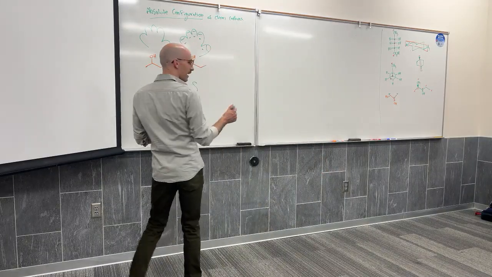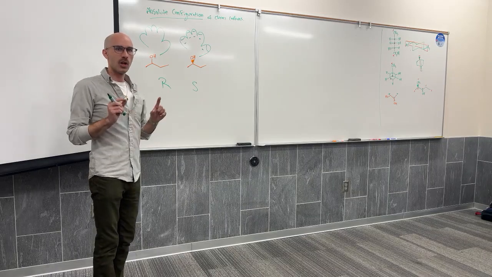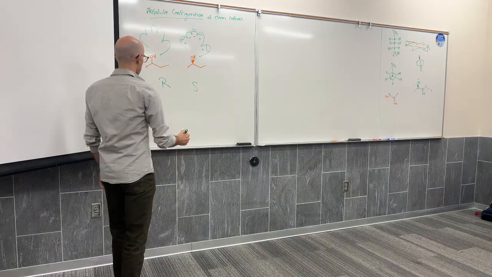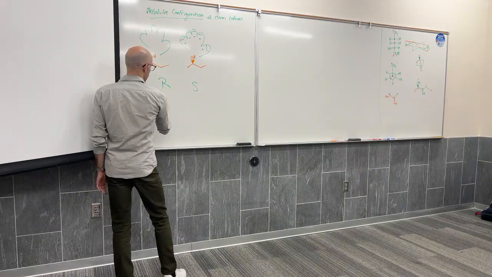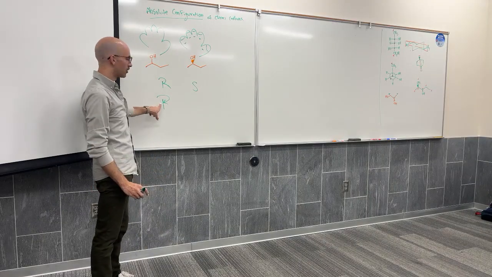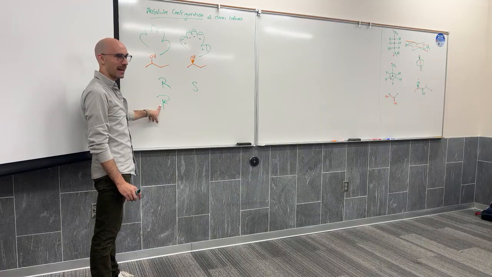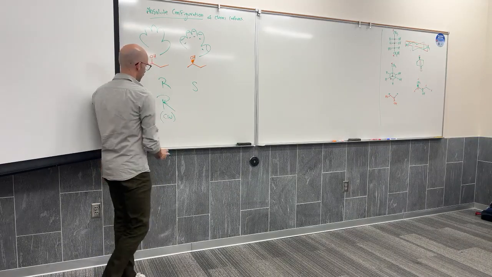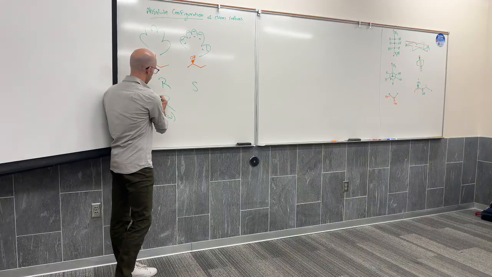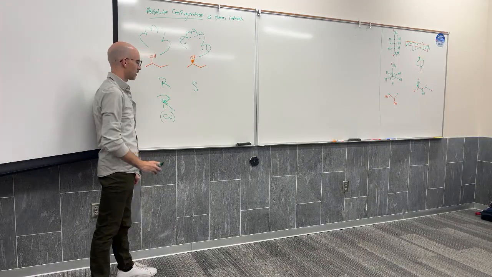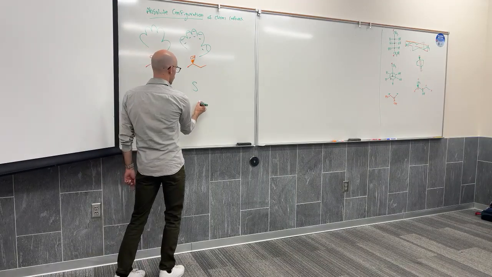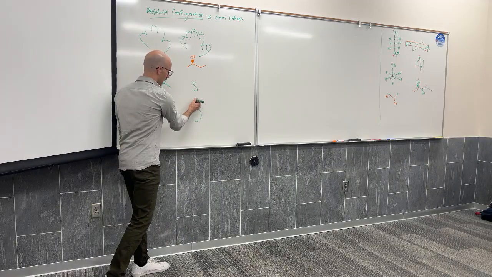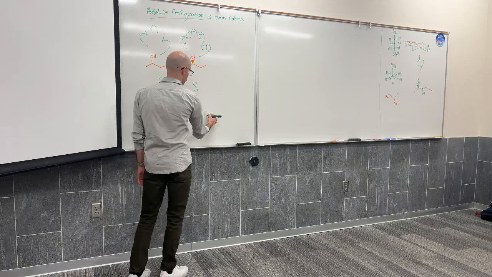And there's actually a way that I'm going to help you guys remember this. We're going to identify the 4 groups that are attached. And then we're going to find rotation between those 4 groups. And if the rotation is right-handed, clockwise, then we'll call it R. So notice that I've got this rotation arrow, and it makes up the top of the R. If the rotation is counterclockwise, left-handed, then my arrow makes up the top of the S, counterclockwise.